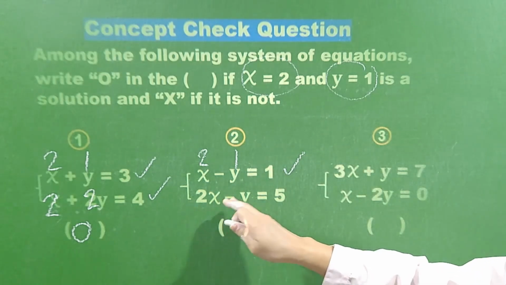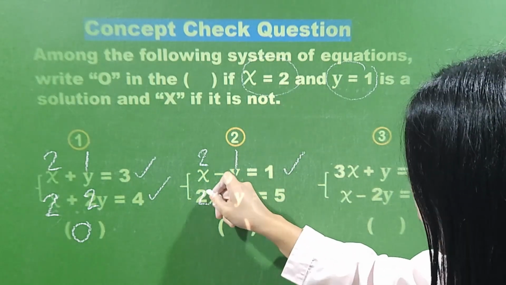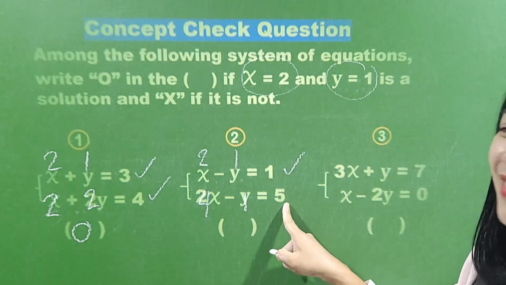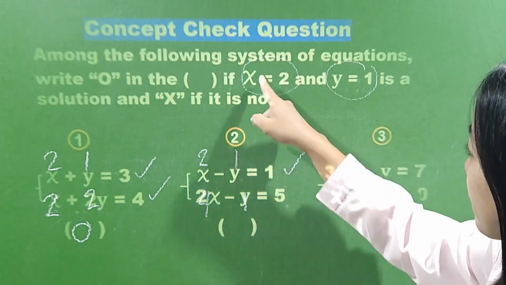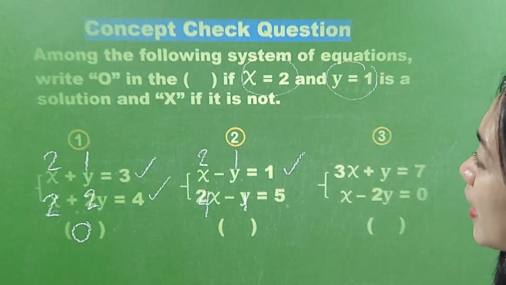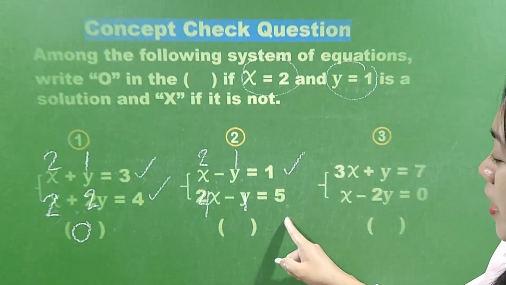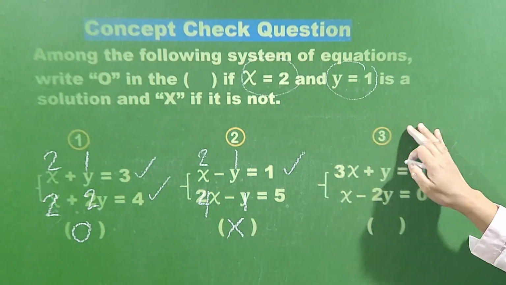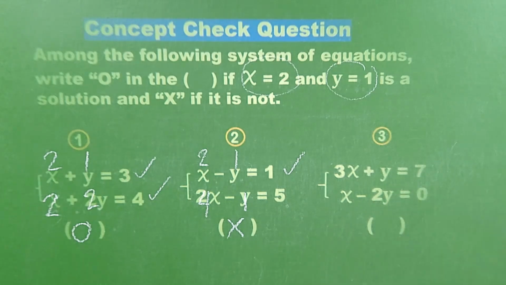Okay, what about 2x minus y is equal to 5? 2 times 2, so this is 4. y is 1, so 4 minus 1 is not equal to 5. Okay, it means these values of x and y is not the solution to this system of equations. So this is x. Okay, number 3, 3x plus y is equal to 7 and x minus 2y is equal